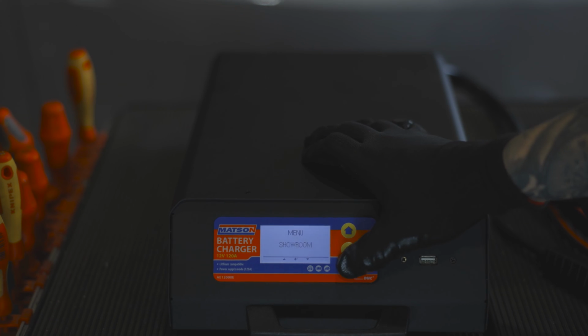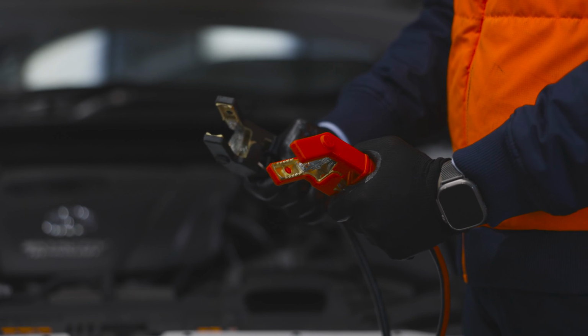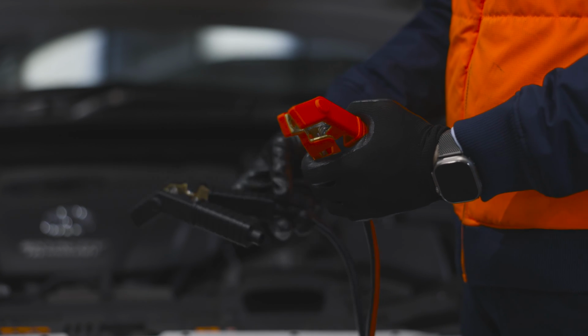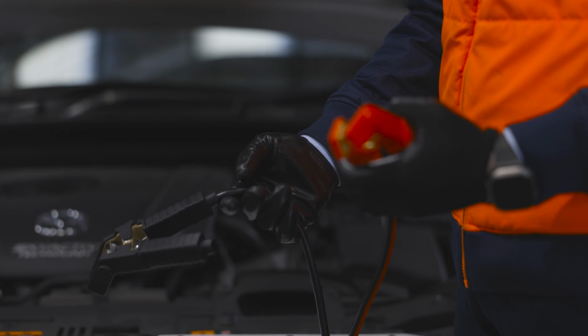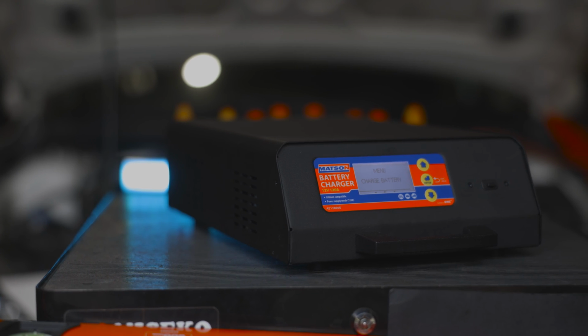Featuring a straightforward LCD display, operating the product is effortless, ensuring ease of use for all users. Equipped with heavy-duty 45-degree alligator clamps for superior quality, achieving the perfect connection is a breeze, guaranteeing reliable performance every time. Experience exceptional quality and